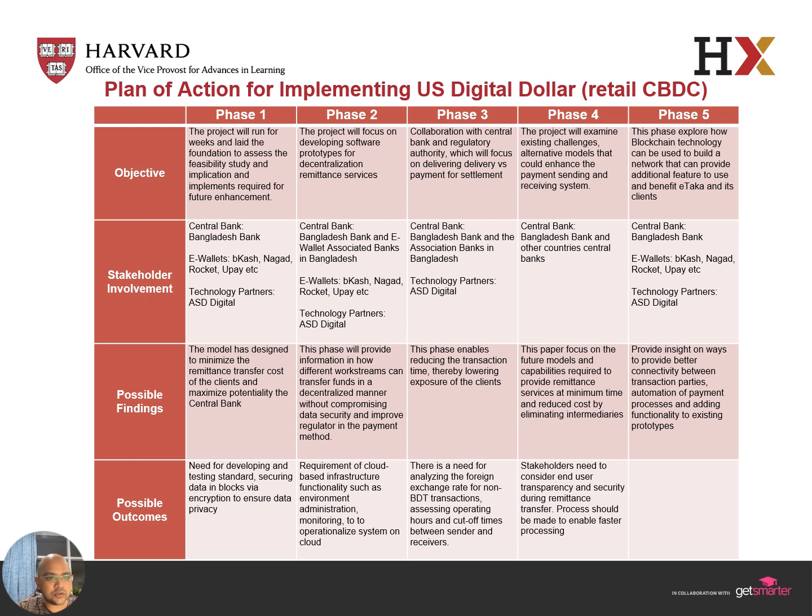Phase 2, actually the objective of phase 2 is that the project will focus on developing a software prototype for decentralized remittance services. Using the blockchain technology, the decentralization and the prototype software will run in phase 2. Our stakeholder involvement will be Bangladesh Bank, the Central Bank of Bangladesh, and the e-wallet associated banks in Bangladesh. See, the e-wallets are, as I told, bKash, Nagad, Rocket,